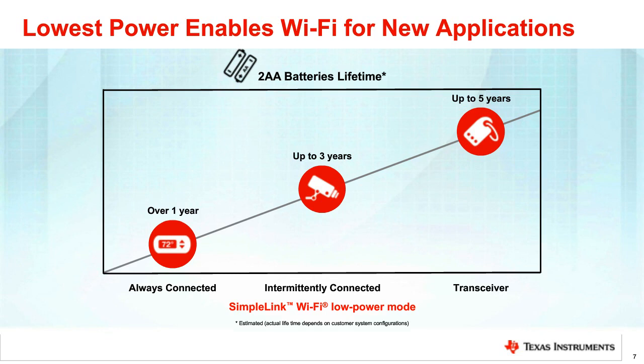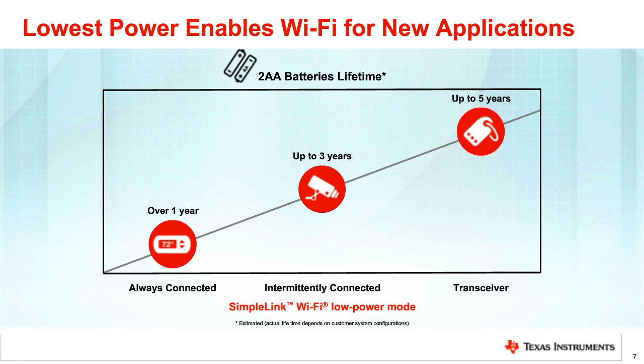For instance, for a system powered with 2 AA batteries, we can achieve several years, depending on the profile that is selected in the system during runtime. We've identified mainly 3 profiles that are commonly used. The first one is the always connected profile. In this particular profile, the system always stays connected to the network, and it enters a low power deep sleep when there is no communication with the network. In that profile, we can achieve up to 1 year of battery lifetime.